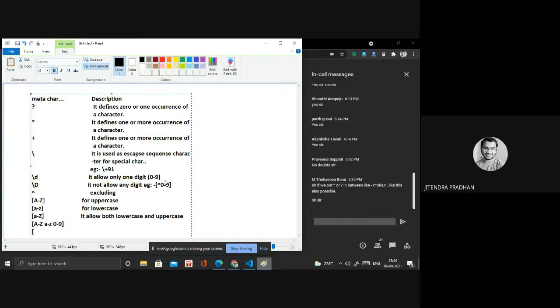If I don't want to allow particular characters A, B, D, I will write A, B, D in that format, which means it is not allowed inside the input box. If you want to not allow any particular character from A to M or A to J, A to N, whatever, you have to write inside that.